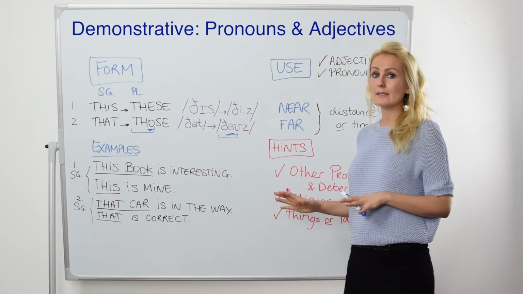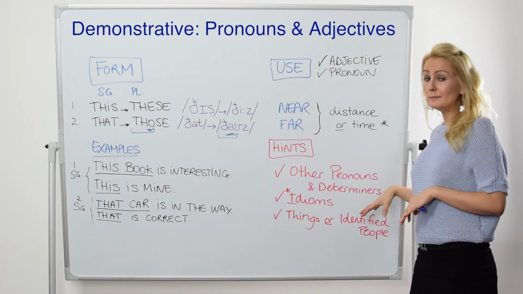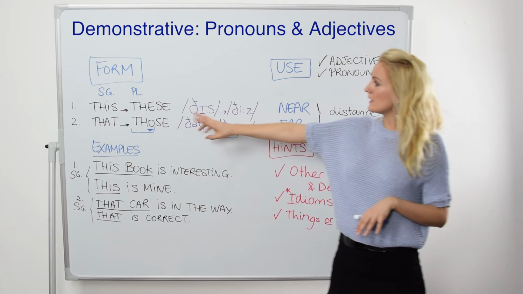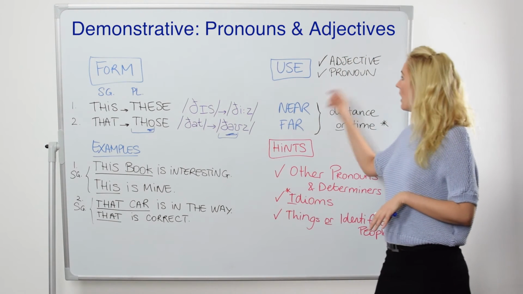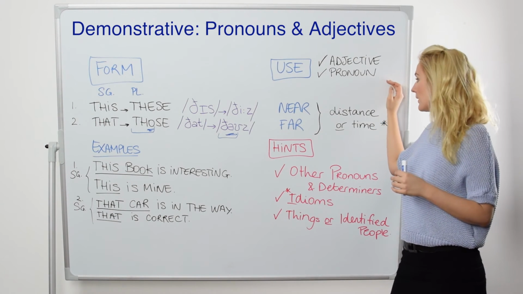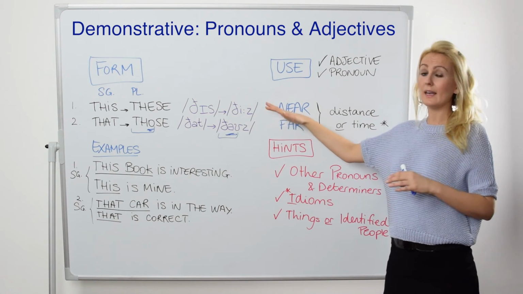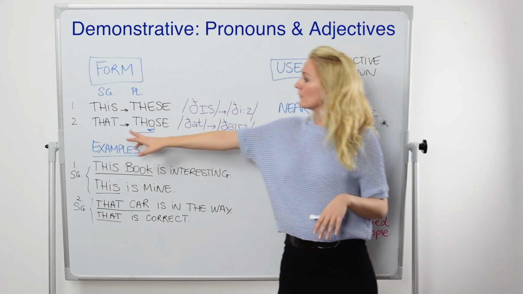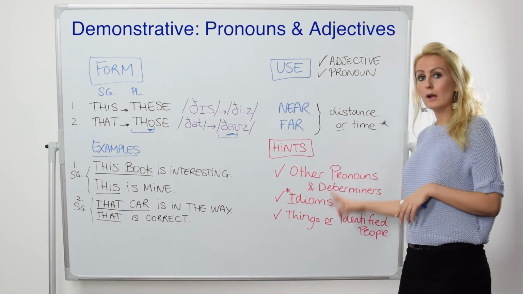We've got lots more practice coming with the activities. Let's do a little summary now. So we can use these forms, this, these, that, those, either as demonstrative adjectives or demonstrative pronouns. When referring to something that is near, or things that are near, something that is far, or things that are far. Okay?